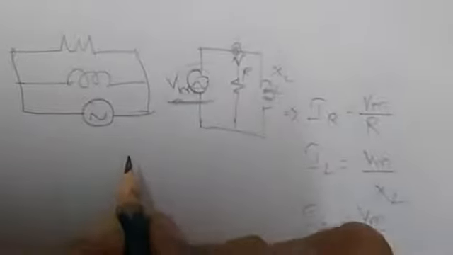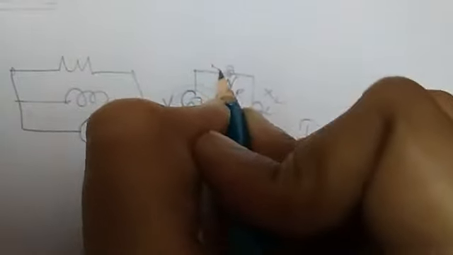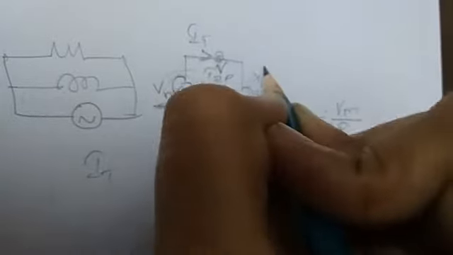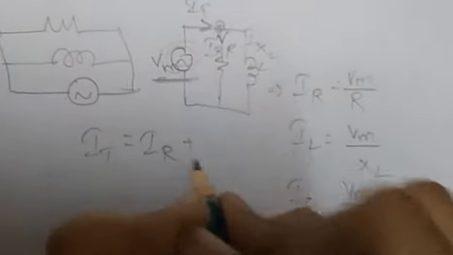If I get it like this, the total current, I think everyone is aware of it, will be divided as IR and IXL. The current through your resistor never deviates, so it is in phase with your main circuit.